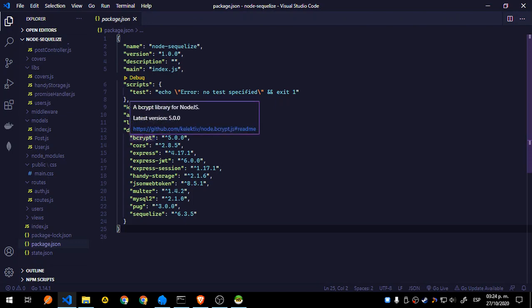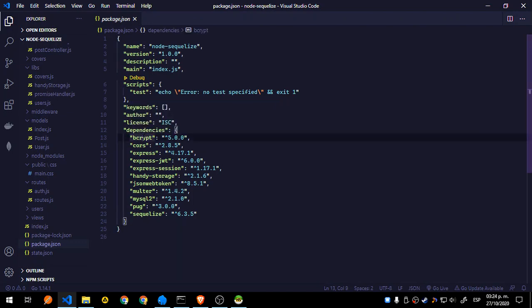I still need to check out some things, like bcrypt compare for the passwords. I need to implement express-session, because right now I'm using a storage, which is kind of state management for Node inside a file. I will show you that later. Once we start building this thing, of course we will have multer, JWT token, and we're going to use Sequelize,